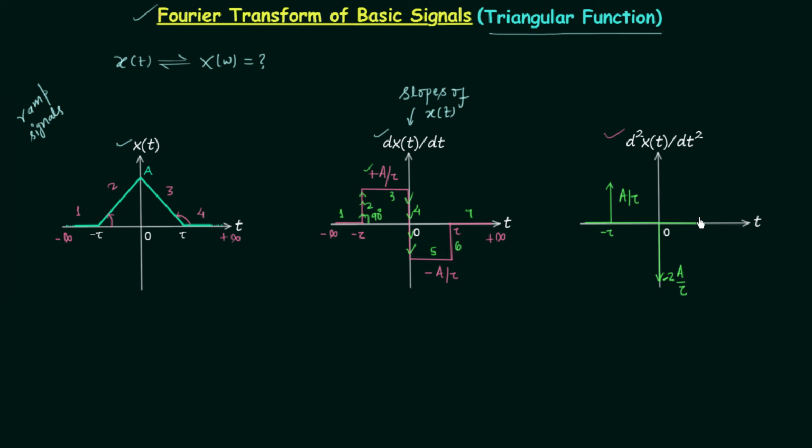So from 0 to tau, slope will remain 0, and when t is equal to tau, there is upward level switching. Discontinuity is equal to 0 minus a by tau. So we will have an impulse with weight equal to plus a over tau, and the last line is having the 0 slope. Therefore, we will have the waveform like this from tau to plus infinity. So finally, we are having the waveform which is combination of impulses, and from here we can easily calculate the